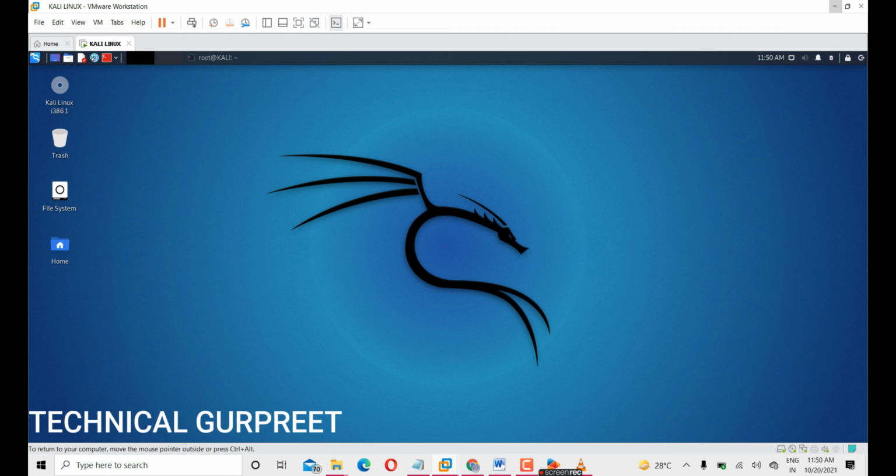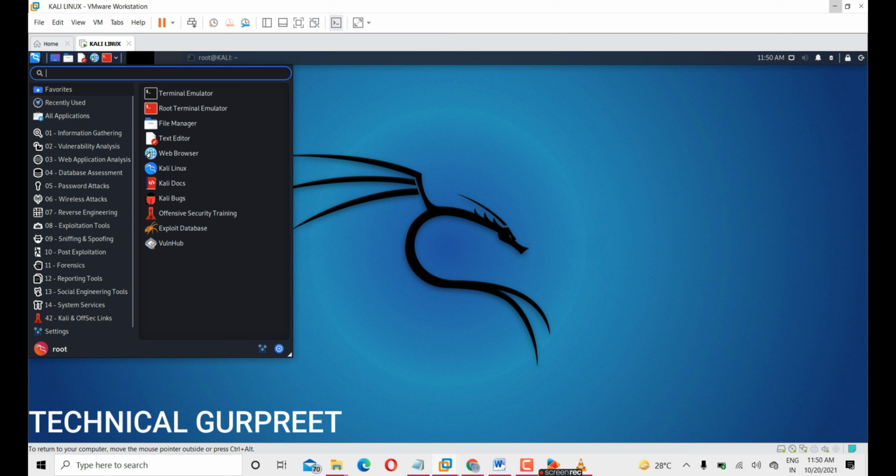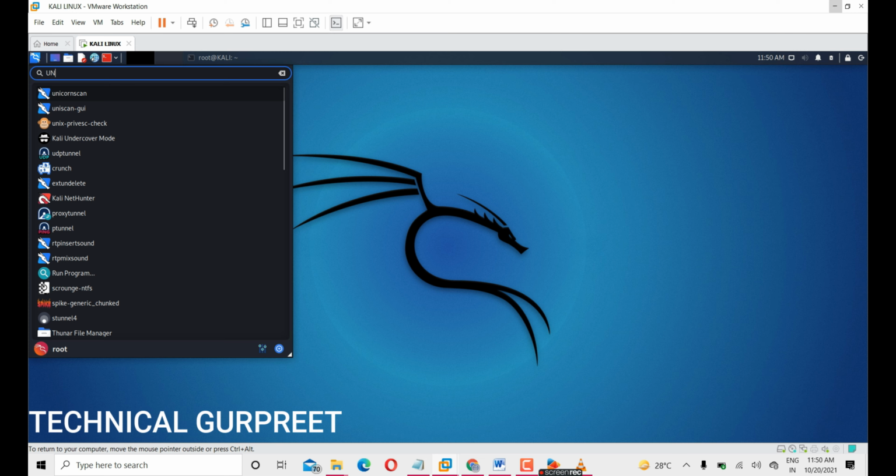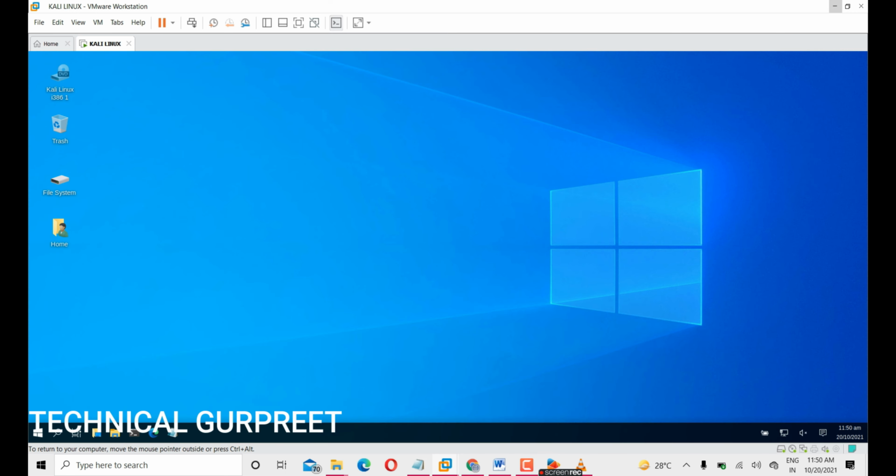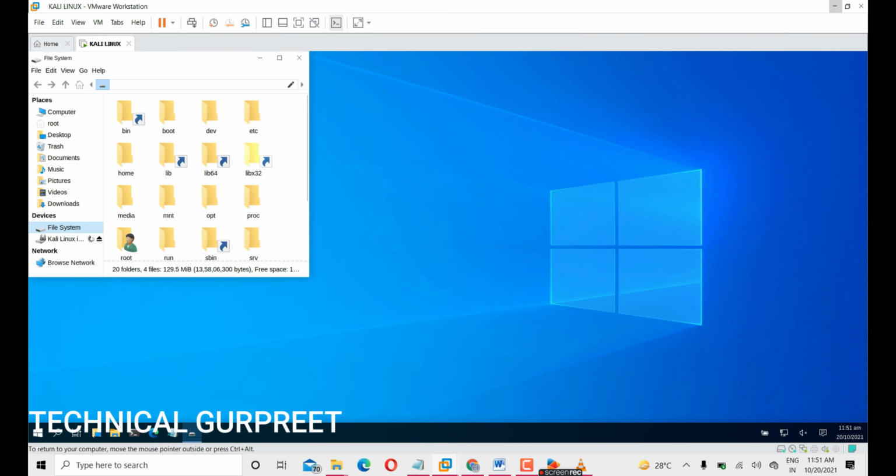So let me first open it using the menu here. I'm going to use undercover, simply type undercover mode. Now the whole look and feel will change to the Windows operating system, and this is the best feature. I like it about the graphical user interface that anyone can use to fool any person